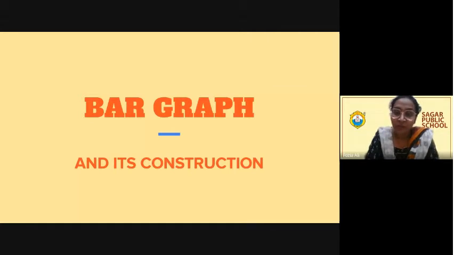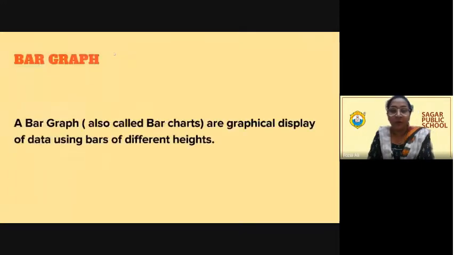Myself, Fauzia. I am going to take the topic today as bar graph. So today we are going to discuss bar graph. Fine. So basically, what bar graph actually is, when you look at its words, you find that it is made up of two words. The first word is bar, and the second word is graph. Okay, we have two words which are joining and making the word bar graph.